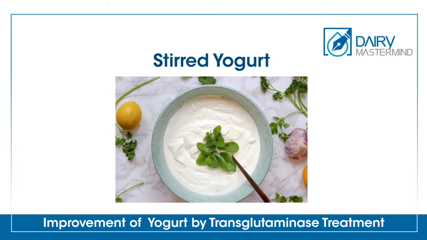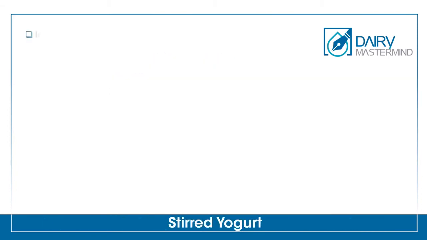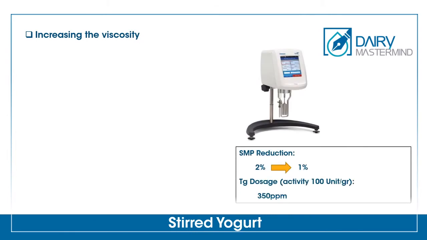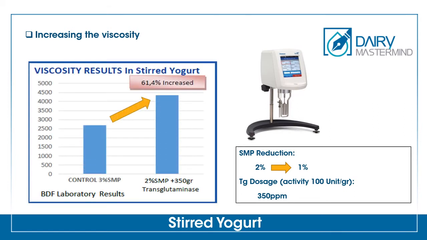Stirred yogurt. It can increase the viscosity in a stirred yogurt. By reducing 1% of SMP and replacing it with 350 ppm of TG enzyme with an activity of 100 units per gram, the viscosity will increase by